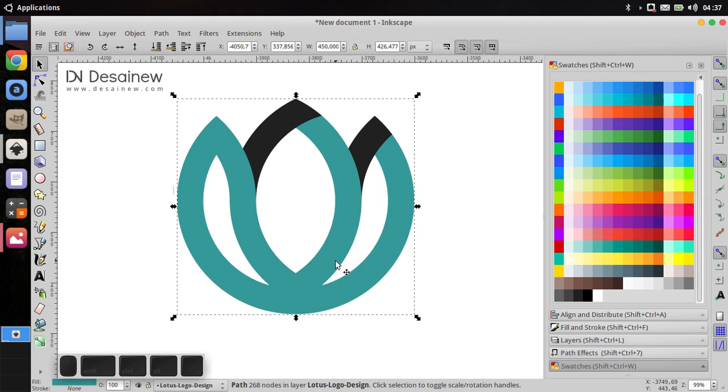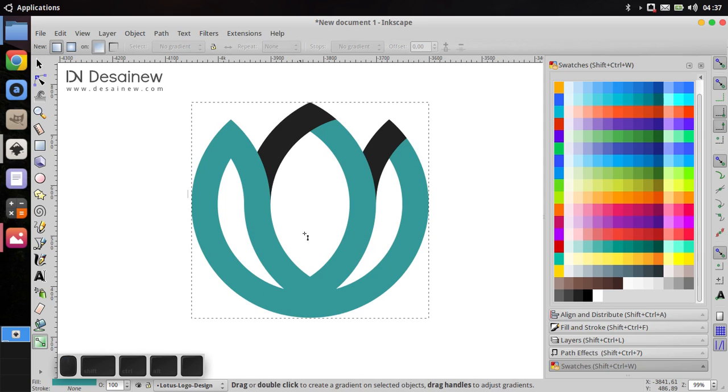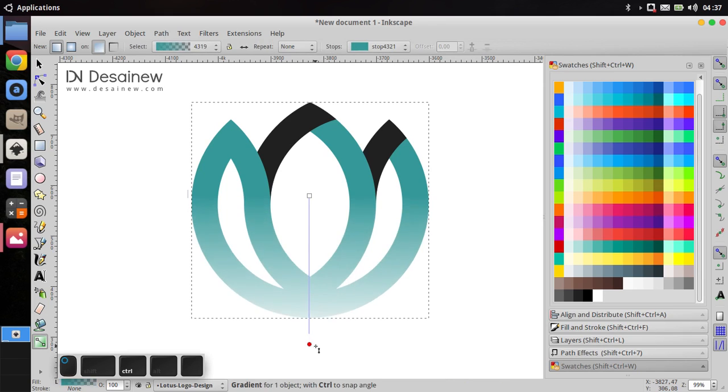Okay, we give a gradient color with this icon, create and edit gradient, or with Ctrl F1, and then draw a line perpendicular to the object like this.